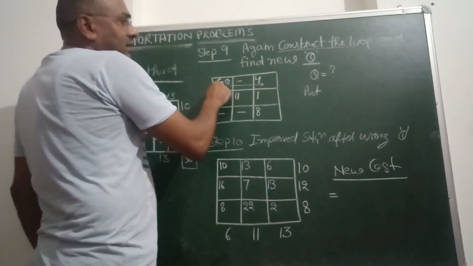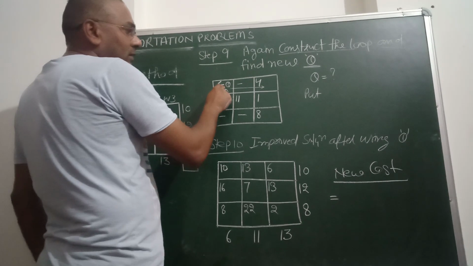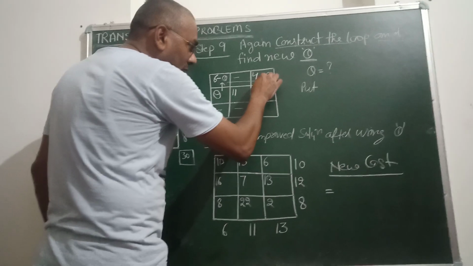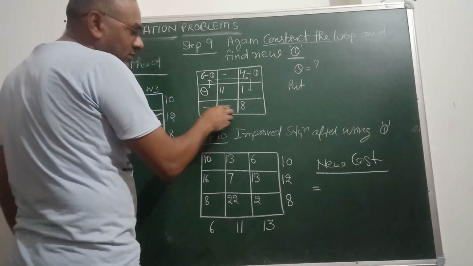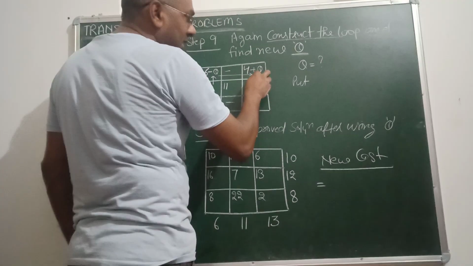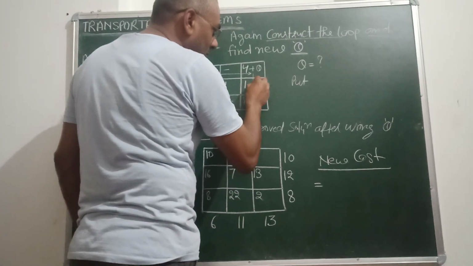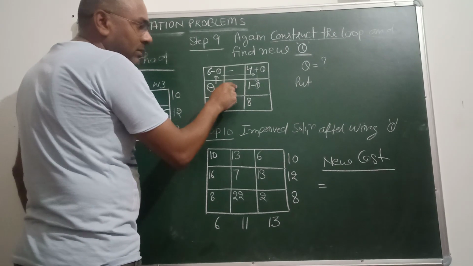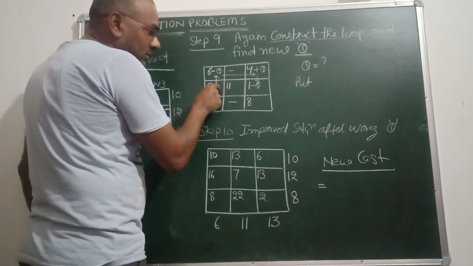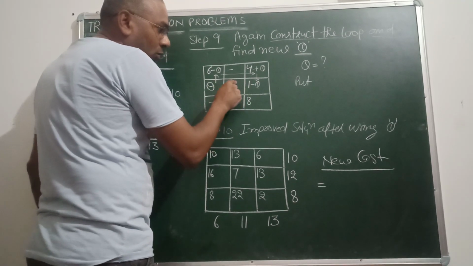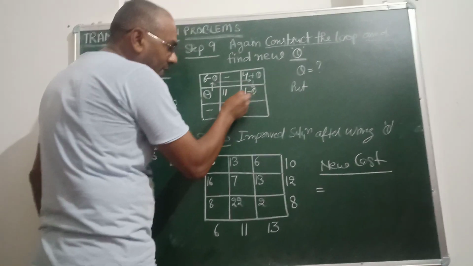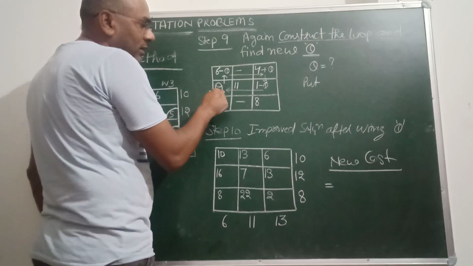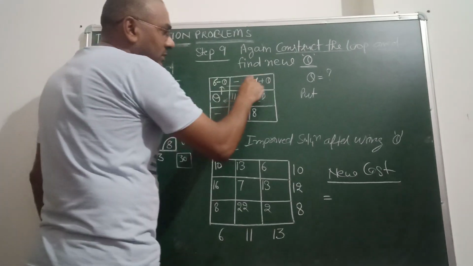Now as theta has been subtracted from here, you have to add theta again. Then again, for formation of the loop, you have to move here. You cannot move here because there is no chance of formation of a loop. So if you are adding theta here, subtract theta from here. Then again you have to reach this point. The cell between the first and the third cell will not be considered. Then you just move back, as the condition for formation of a loop is that you have to end at the same point from where you started. So theta has been incorporated here.